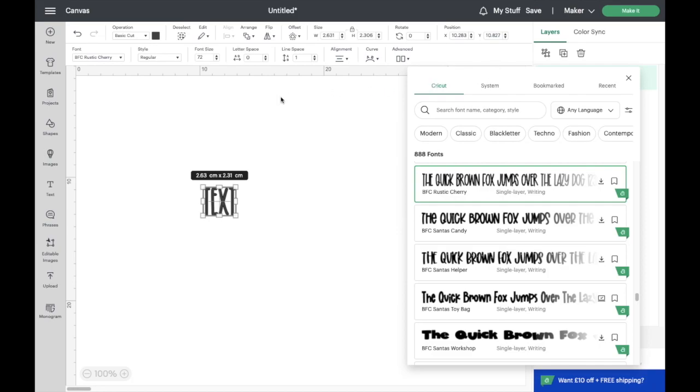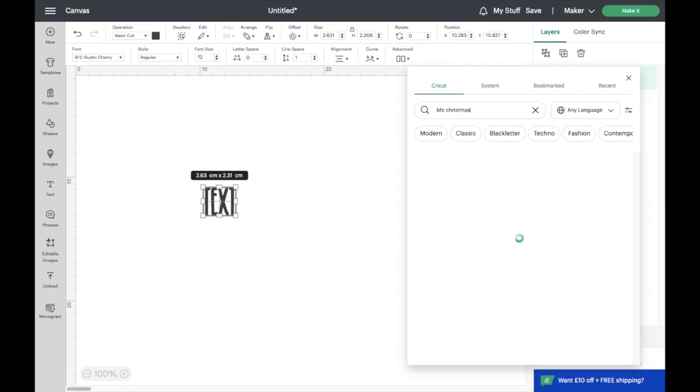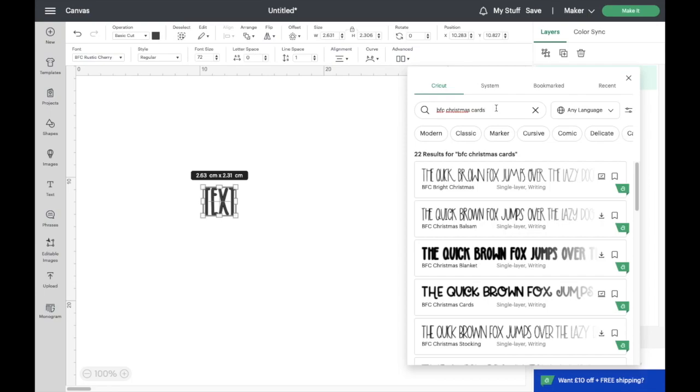What we can do in this new font selector box is we can search up here. If you know the font's name, you can type it in. So let's type in BFC Christmas cards because that is one of my favourites. Don't have to hit enter, it will just bring everything up, and then everything's here. There is BFC Christmas cards. If I click on that,